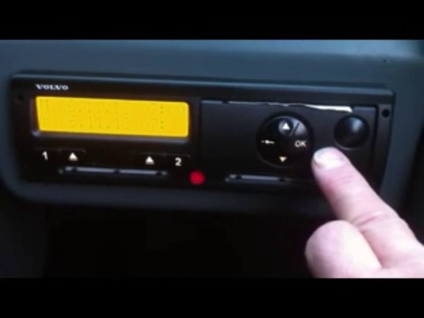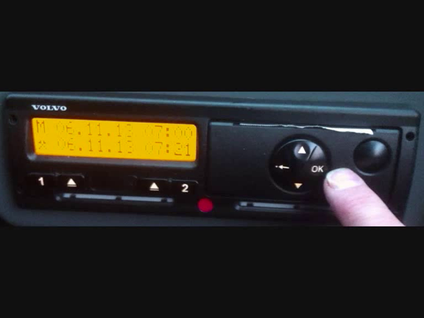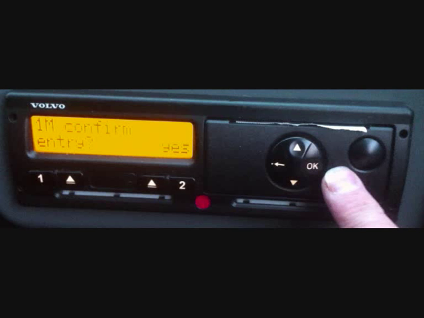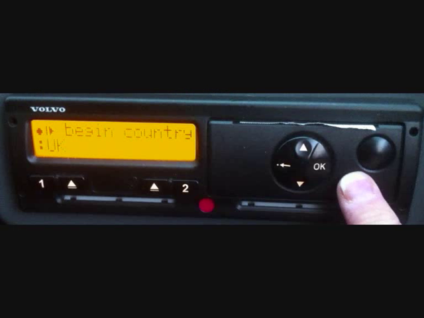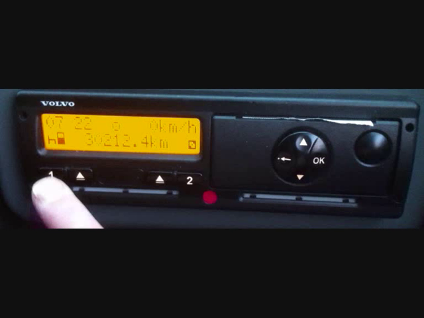The driver now clicks OK for the flashing minutes, confirming the period of other work up to the card insertion time of 0721. The screen now asks for confirmation of the manual entries for driver 1 that have just been inputted. The driver clicks OK to confirm, and then OK again to confirm the start of the duty location being UK. The tachograph is now in normal operation mode, and all that remains is for the